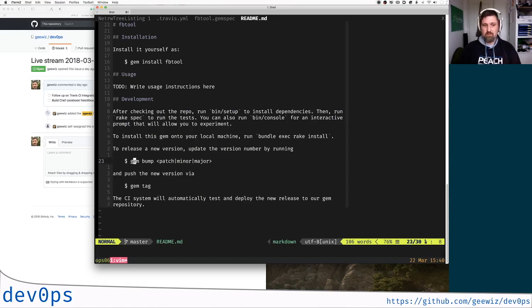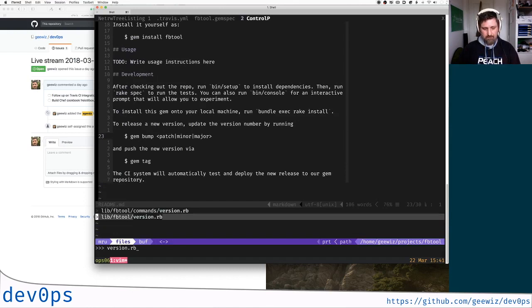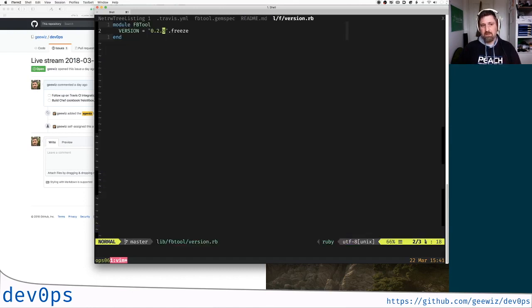In that case, with gem bump, patch or minor or major, I can bump up the version of our gem here. And that command will automatically change the version RB file. So I don't have to do this manually anymore. It'll go into this file, change the version number,